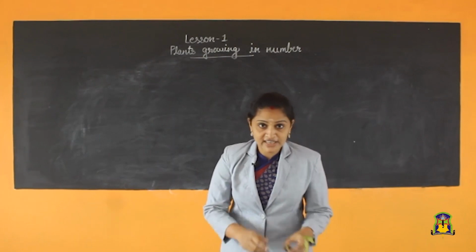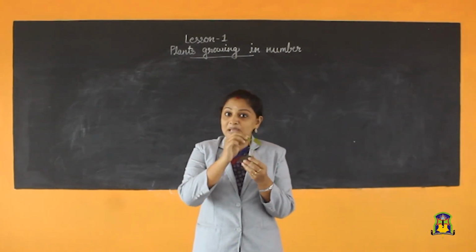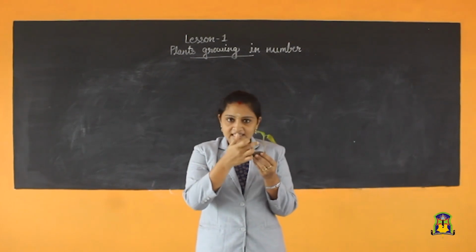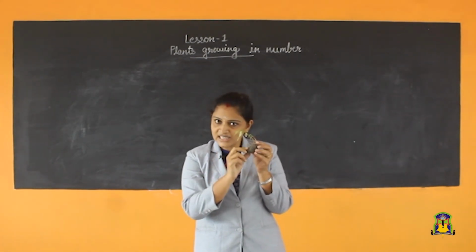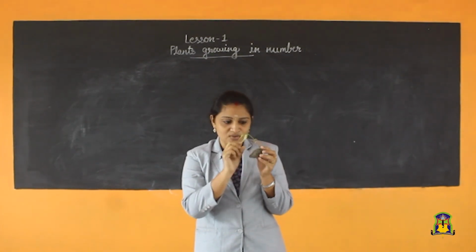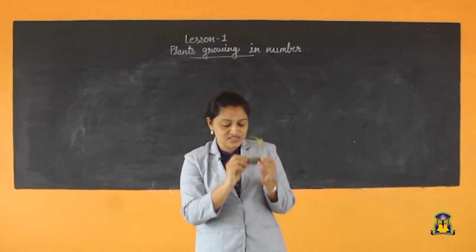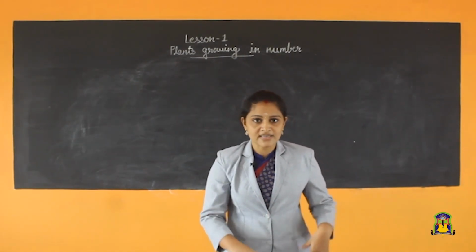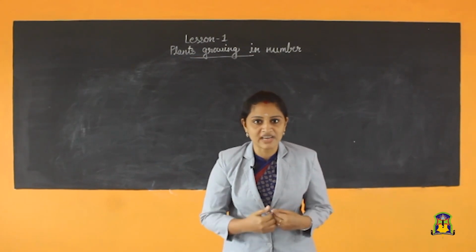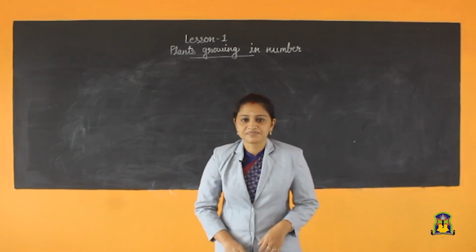Okay, look here all of you. What is this? This is a baby plant and this baby plant grows from this. What is this? This is a seed. So, this baby plant grows from the seed. So, in this chapter we will learn how does a plant grow from the seed. Okay. First,